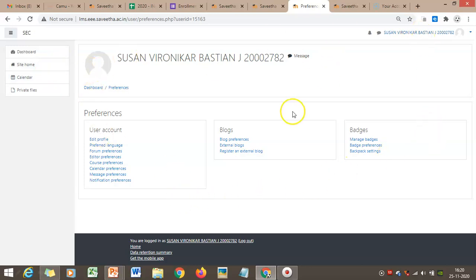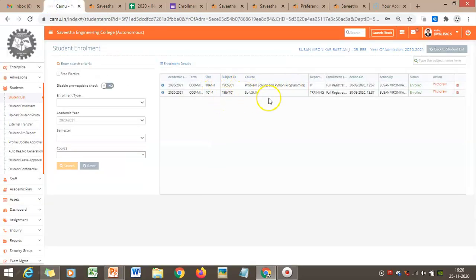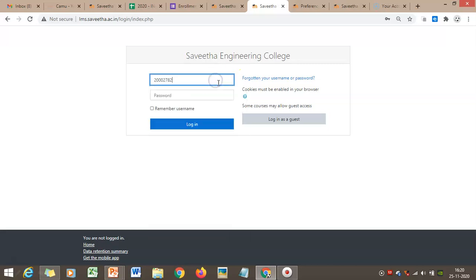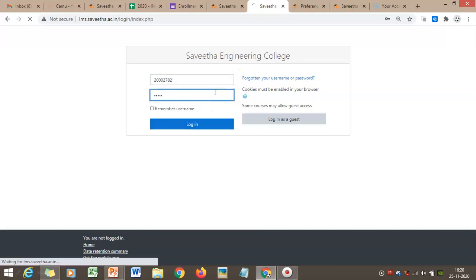On this page, you don't have any courses available for this particular student. I'll explain why. This particular student has enrolled in only 2 courses which are approved by us. One is Problem Solving Python, which is under CSE, and another one is Soft Skill, which is under lms.savita.ac.in. I have referred to this only from this website page. Now I am going to access this course. So for Soft Skill, I am going to lms.savita.ac.in and entering the same credentials, username and password.